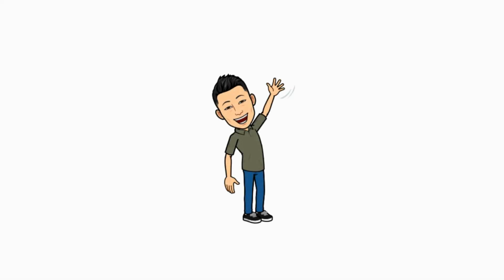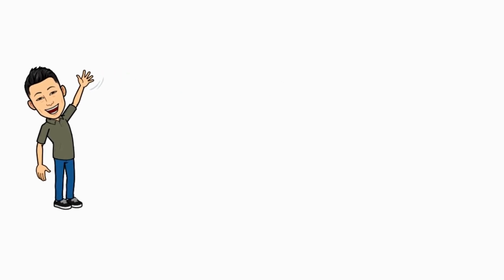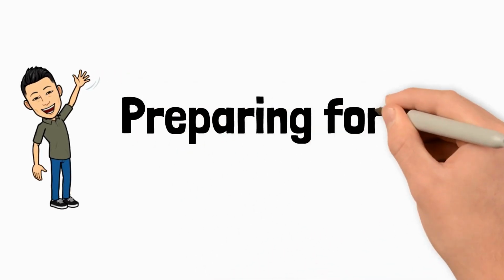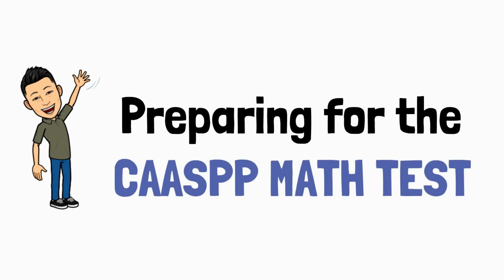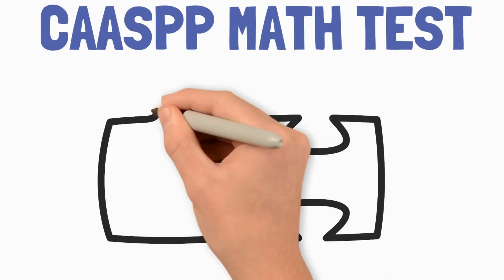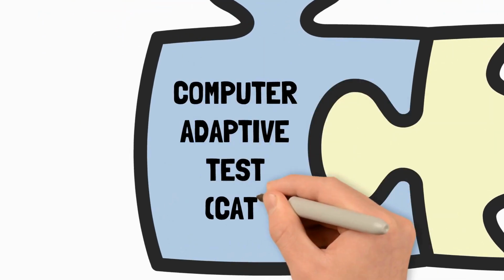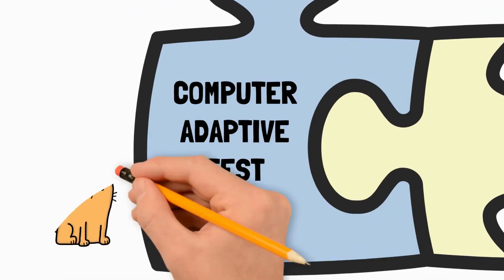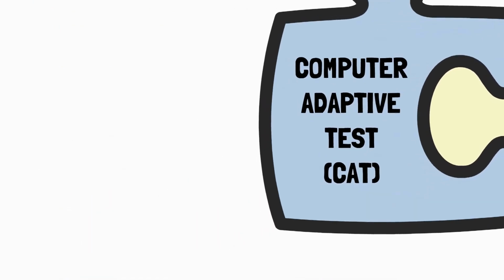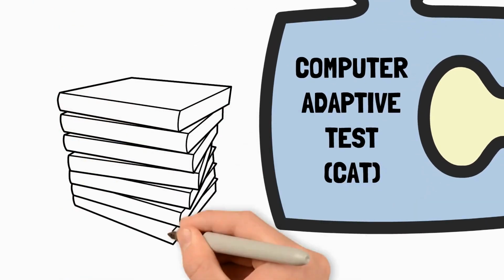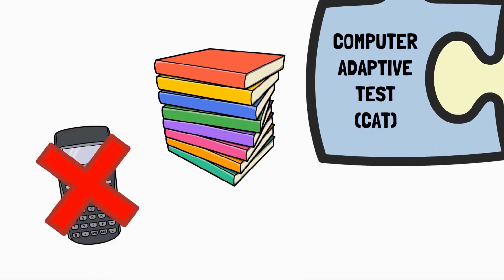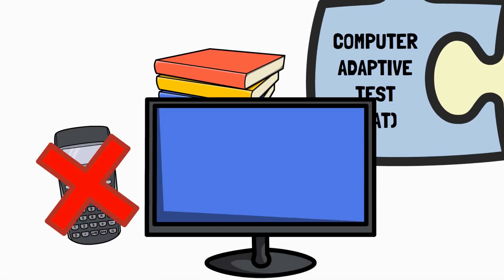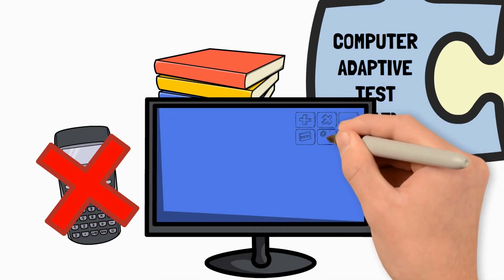Hey, what's up, juniors? As you know, you'll be taking the CAASPP test real soon. So our goal here today is to help you prepare for the math section of that test. Now, the math section is made up of two parts. The first part is the Computer Adaptive Test, or CAT. These questions will cover topics ranging from Math 1 all the way through Math 3. While physical calculators are not allowed, for some of the questions, a built-in calculator tool will appear on your screen